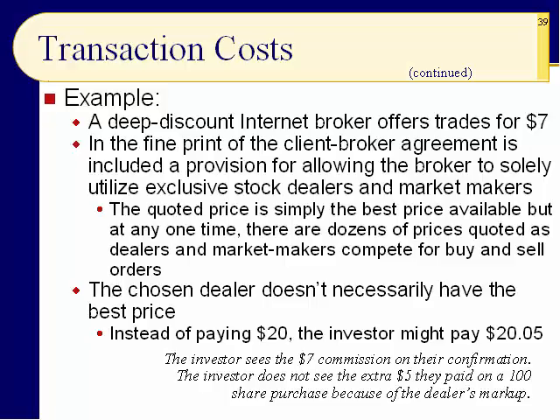Remember them? The quoted price is simply the best price available, but at any given time there are dozens of prices quoted as dealers and market makers are competing for buy and sell orders. The chosen dealer doesn't necessarily have to have the best price. So instead of paying $20, you might pay $20.05. The investor sees the $7 commission on their confirmation. The investor does not see the extra $5 they paid for a $100 share purchase because of the 5-cent differential,